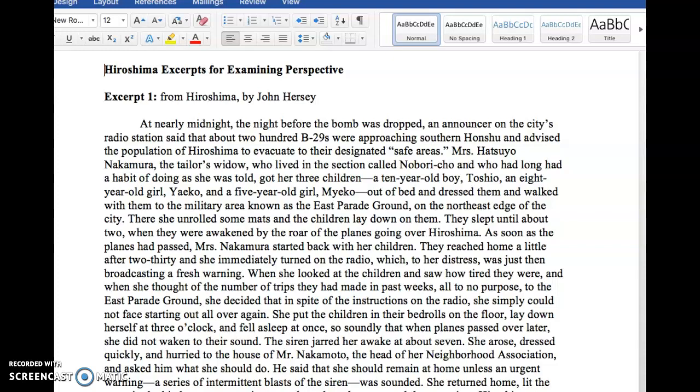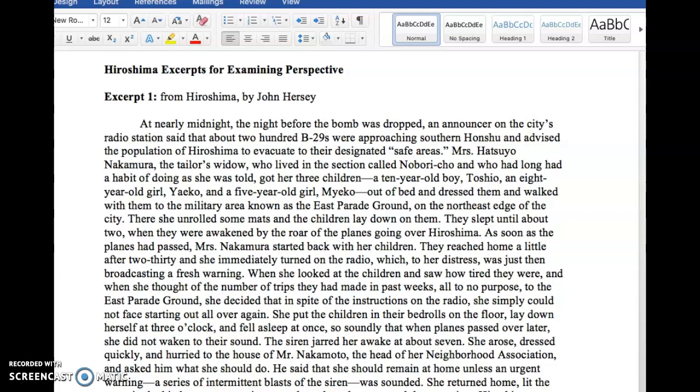As soon as the planes had passed, Mrs. Nakamura started back with her children. They reached home a little after 2:30, and she immediately turned on the radio, which, to her distress, was just then broadcasting a fresh warning.